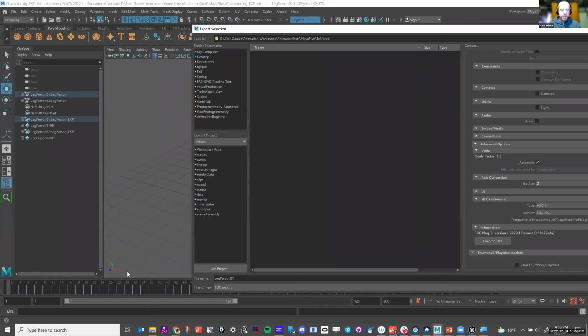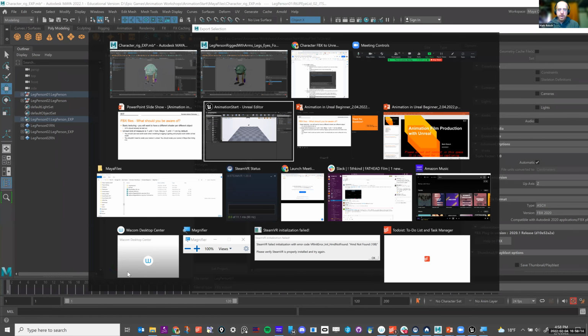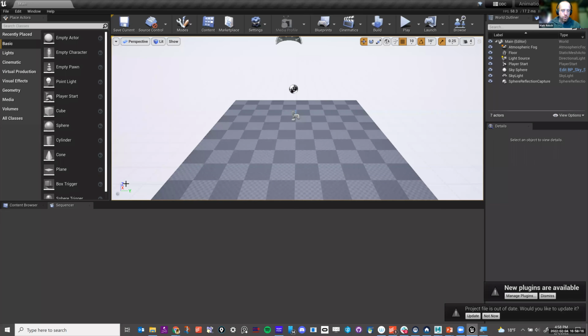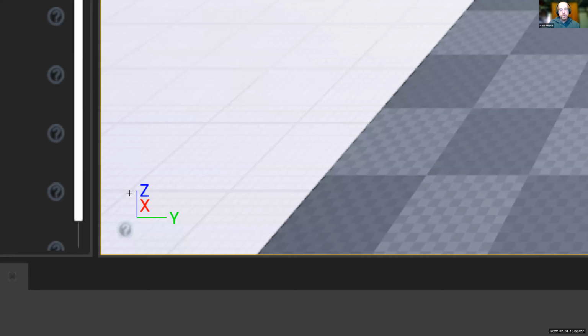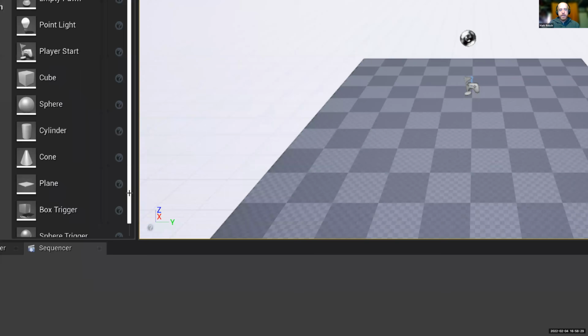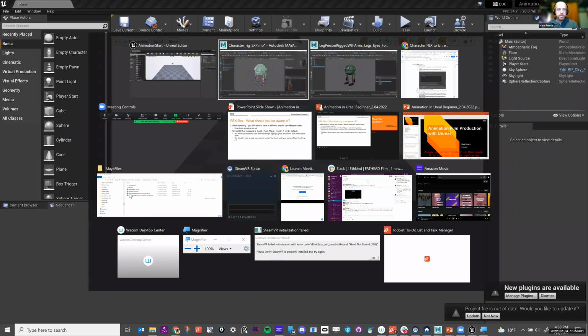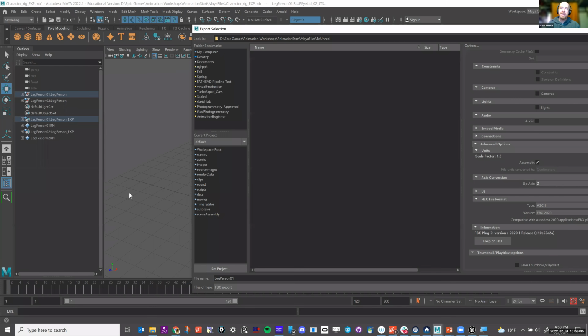If I go into Unreal and look at its coordinate system, you can see that Z is up, X is back into the world, and Y is left and right. So right there, it has a different world coordinate system. And generally, most things besides Maya that I've found are mostly Z up.